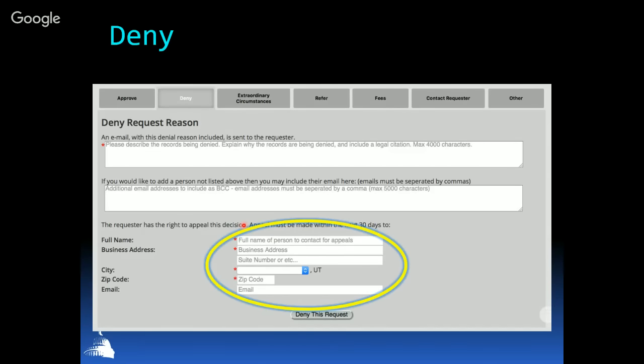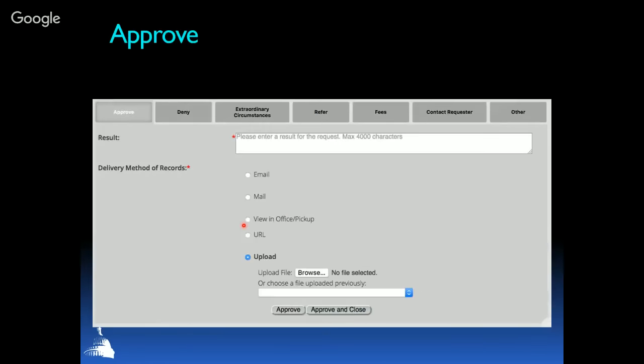Okay, we have a question. What is the question? If I accidentally approve and close, can I open it again, or will it not allow me to close if part of it is unanswered? Yes, the question is, if I accidentally approve and close, can you reopen it? The answer is yes, and it's kind of funny about that.